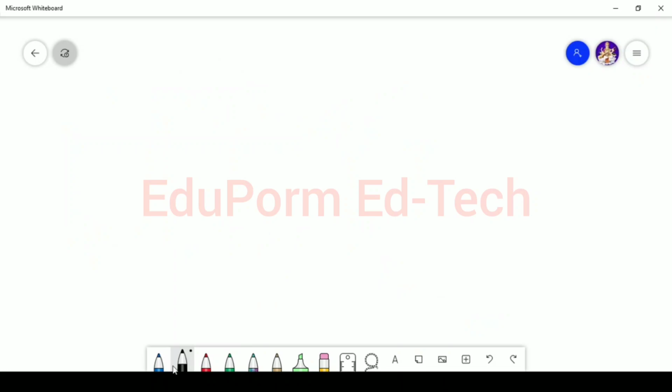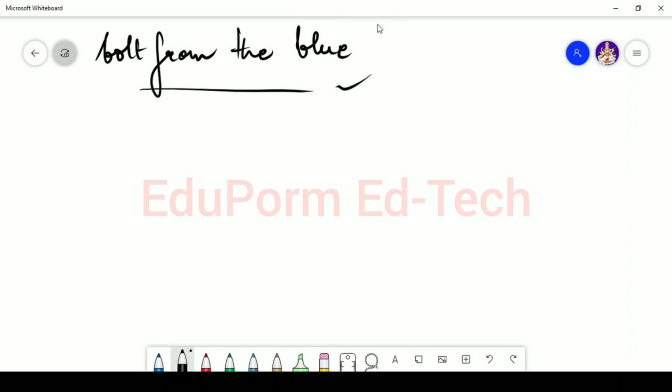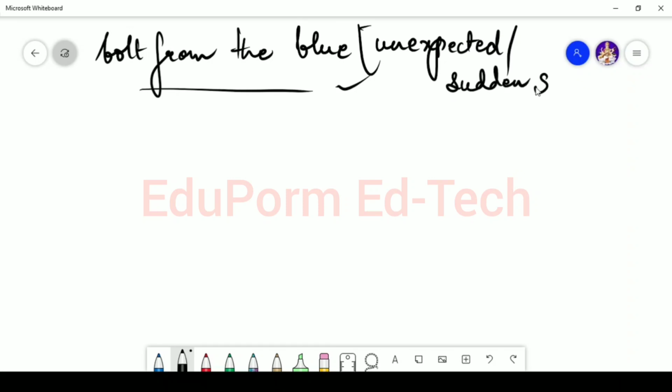Now the next one is bolt from the blue. Bolt from the blue means an unexpected shock. Unexpected, or you can also conclude as a sudden shock. Okay,